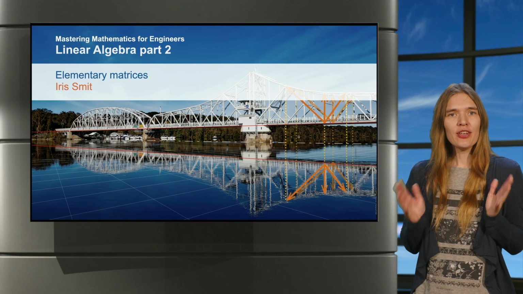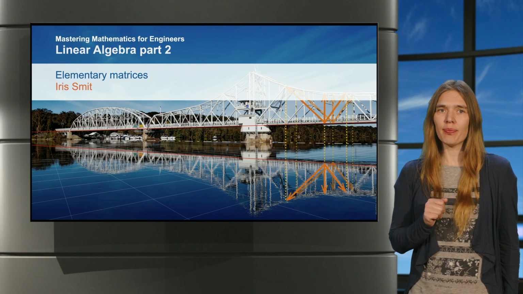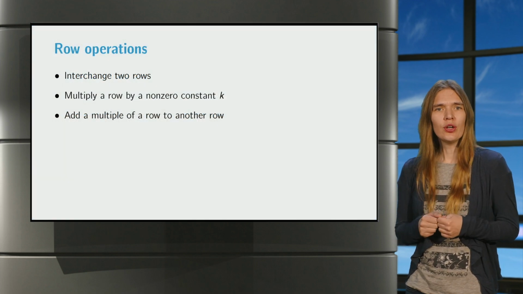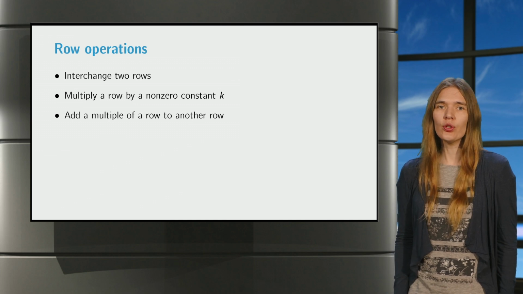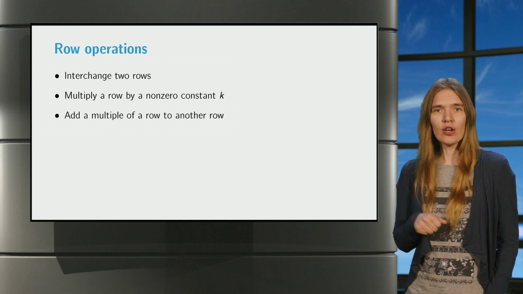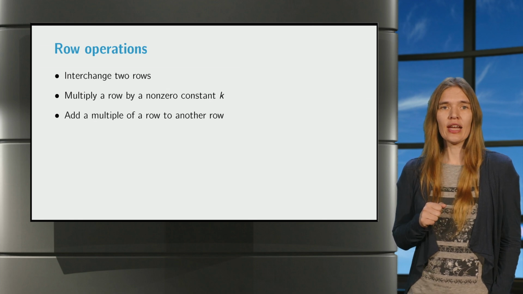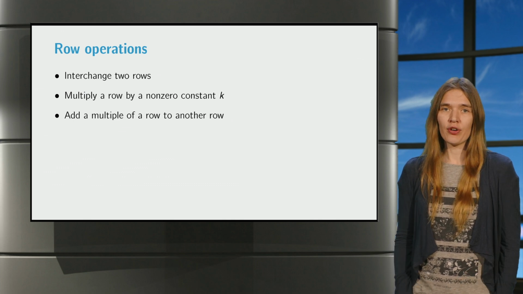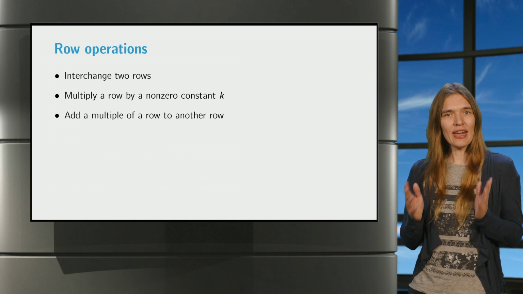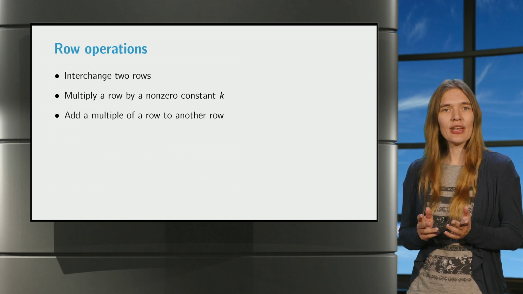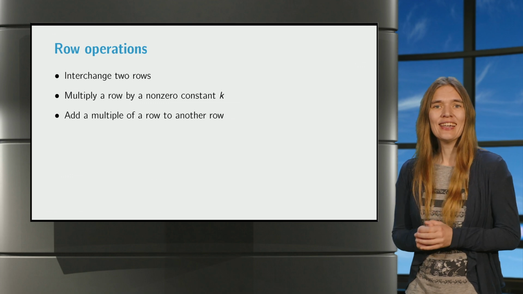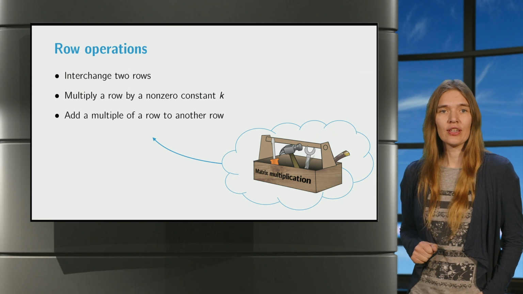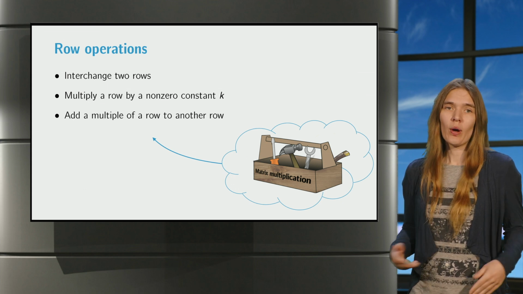Now that we know about matrix products and their properties, let us revisit the topic from the previous course, row reduction. To solve a system, for example, you learned about 3 elementary row operations you can perform on a matrix. Interchanging 2 rows, multiplying one row by a non-zero scalar, and adding a multiple of one row to another row. All of these elementary row operations can also be described in the language of matrix multiplication using so-called elementary matrices. This is promising since it will allow us to apply our knowledge of matrix multiplication in the setting of row reduction. Let us walk through the operations one by one.